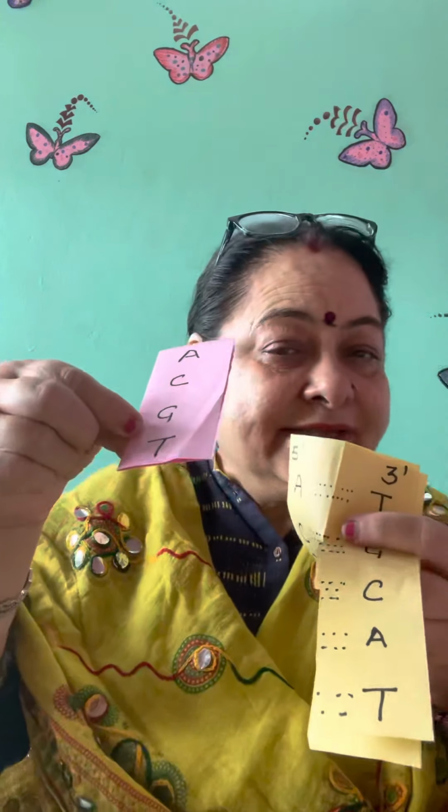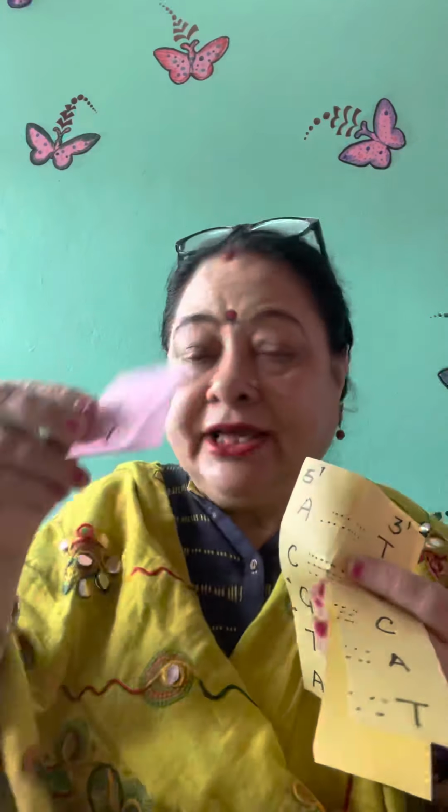See, so this will come and get itself attached here. All these nitrogen bases, the DNA bases, are brought by the DNA polymerase, and then they will get attached. They are not coming combined like this. They are coming separately, one by one, and one by one they keep coming here and getting attached as per